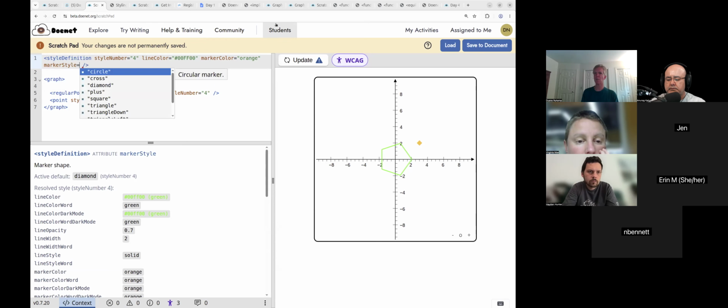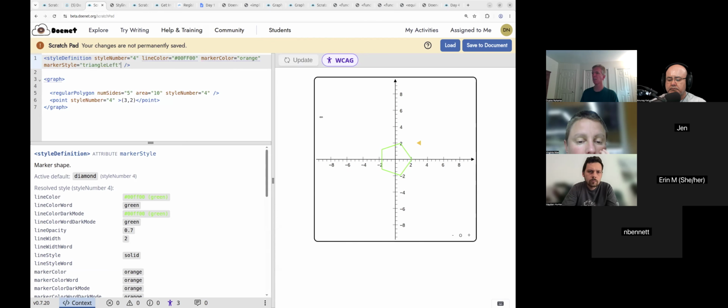And I can't remember what those are. So I'm gonna, okay, I can make it a circle, cross, a triangle. I'll make it a diamond. Okay, we'll make it a triangle left. And now I can change it to a triangle left, things like that. You can change the line thickness,